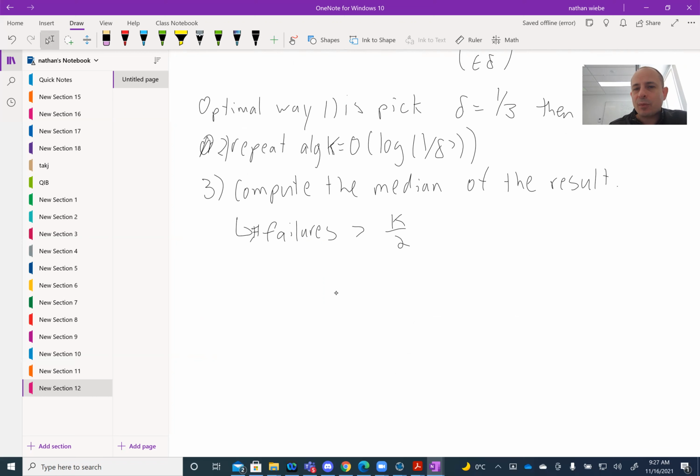But the probability of having greater than K over 2 failures is actually given by the binomial distribution. Basically what the binomial probability distribution says is that the probability of K failures